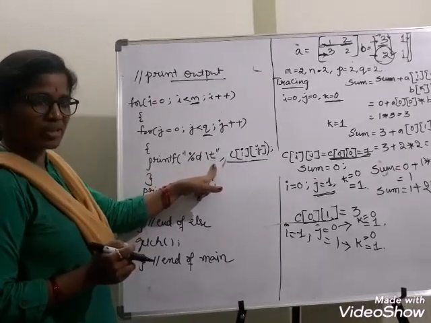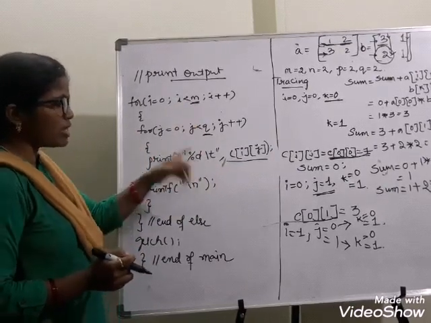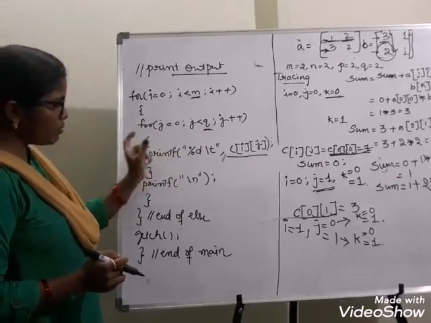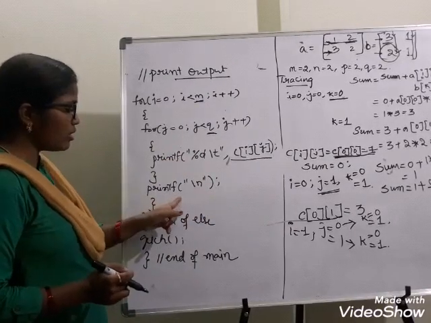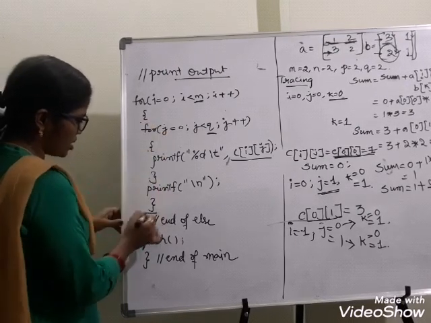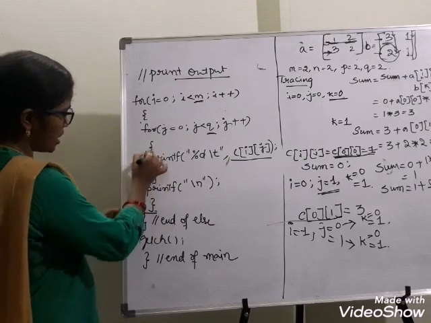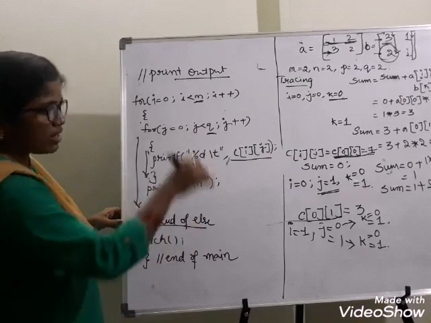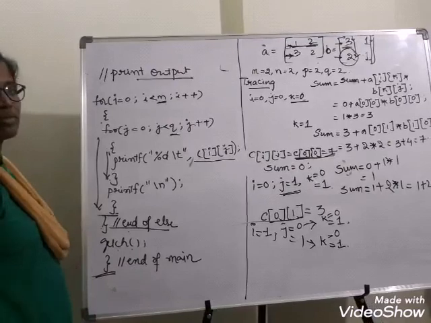This logic I have shown in the addition of matrix also. This is to make a space between the elements of the matrices. And after performing each row, we are using \n so that we can have it on a new line. So this is the close of the for loop. This is for j, this is for i. Okay, this is for j and i, this is for j, this is for i, and this is the end of else. We are writing all this code in the else part, and then the closing brace is the end of main.